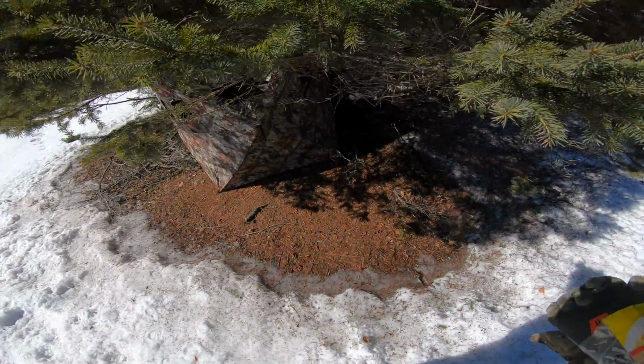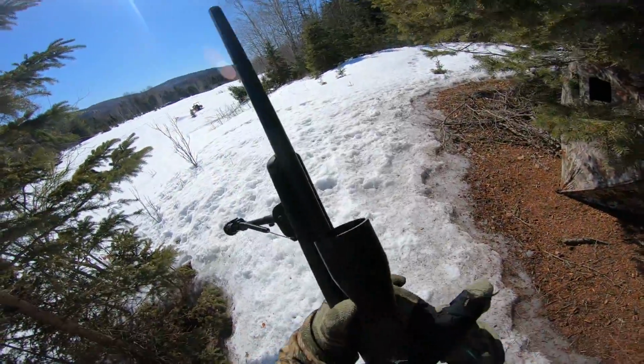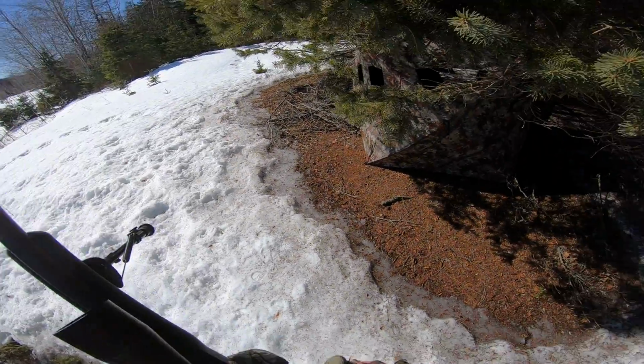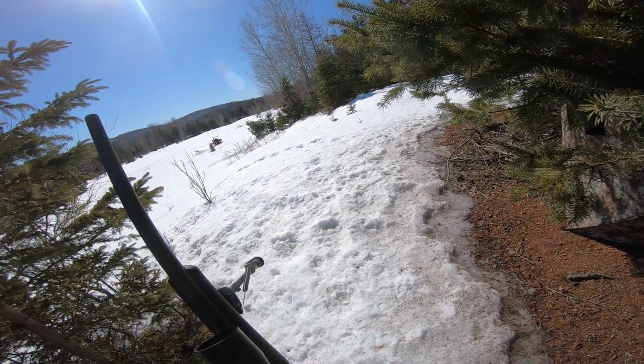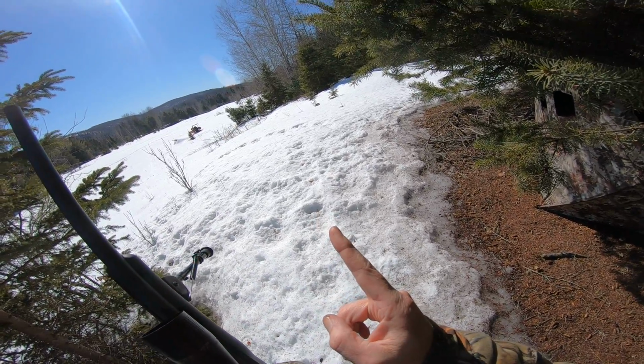So I'm just going to go in. I'm going to sight it out and see how it is. I thought he put it down there, but this is a good spot. Oh, this is a great spot. I've done a lot of target shooting from here. Now, my dad's sawmill is there. If a wolf runs out